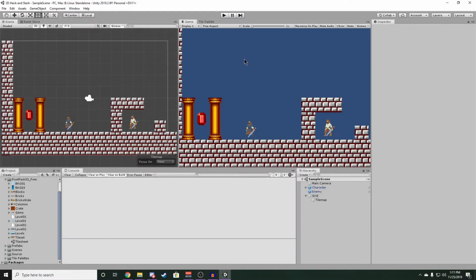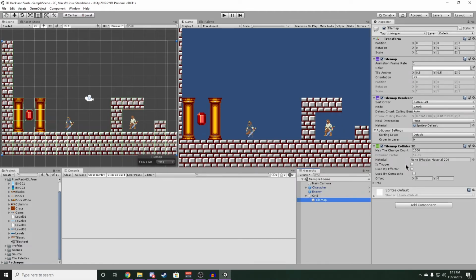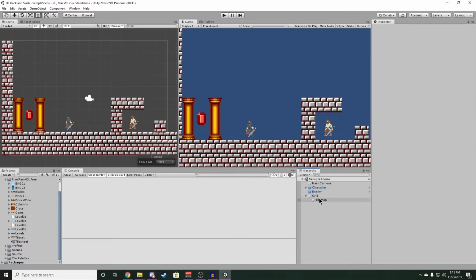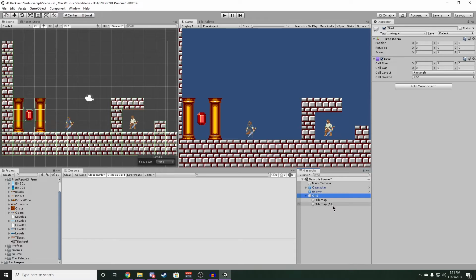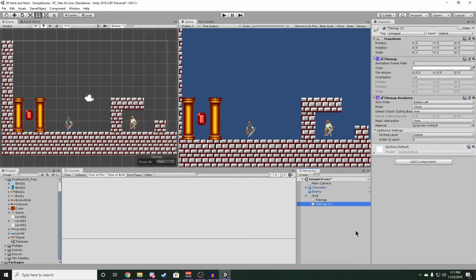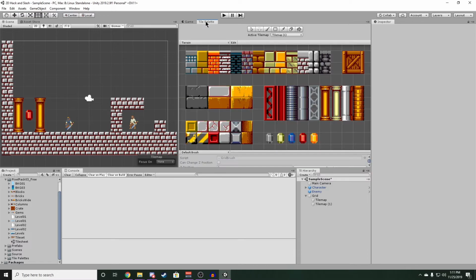And this is because they are being drawn on this tile map, and this tile map includes a collider. To fix this, we're going to right-click the grid, select 2D Object and Tile Map and make a new one. And we'll notice this does not have a collider. So if we go back into our palette, go to the original tile map and erase the pillars. Now if we go to tile map 1 and redraw the pillars on there,